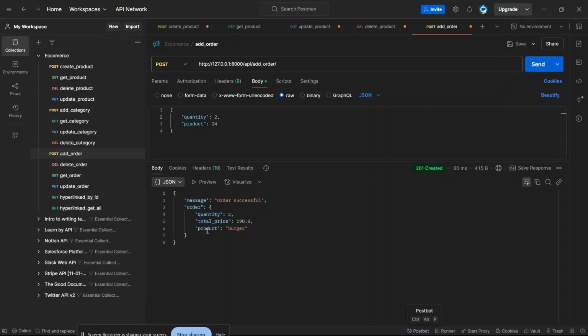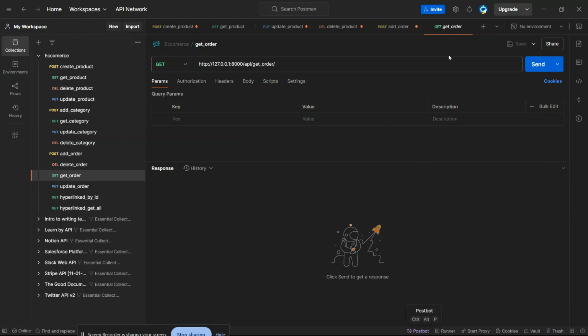Quantity is 2, product is burger, total price is 198. It will calculate the total price automatically, and it will show it to the user. So order successful, and the order details are quantity 2, total price 198, and the product is burger. And if I get all the orders, let me send here.